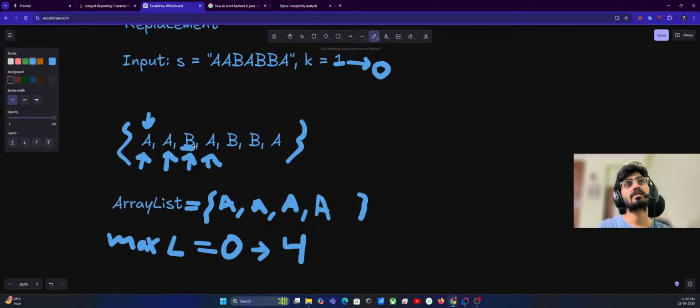So what we have done, we got this thing and we have just updated it and pushed it to array list, and then we check that. So we will check if A is present or not, because we need to keep it the same as others as well. But still, if B is there,